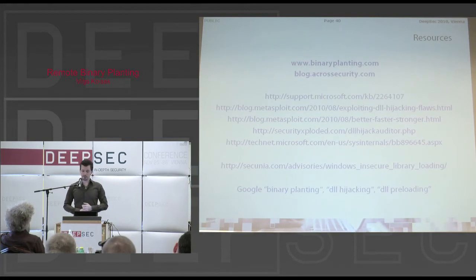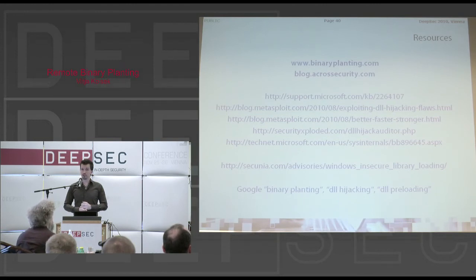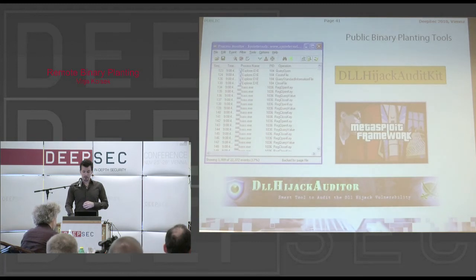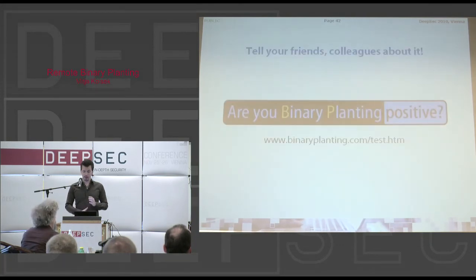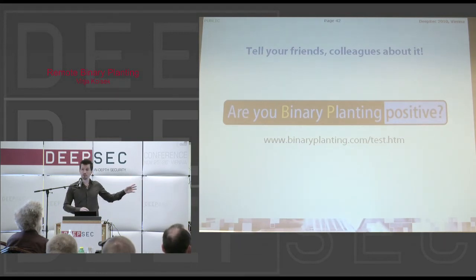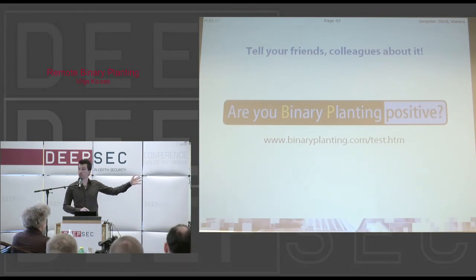Now here are a couple of resources that you can look into. Our blog is full of additional details that we have no time explaining here, so if you're interested, we are constantly revealing our research there. These are a couple of tools that you can use. These are all free tools for finding and exploiting these bugs. And finally, the test that I mentioned is still online. It exploits a vulnerability that has been known for 3 months in Windows Address Book that we looked into before.